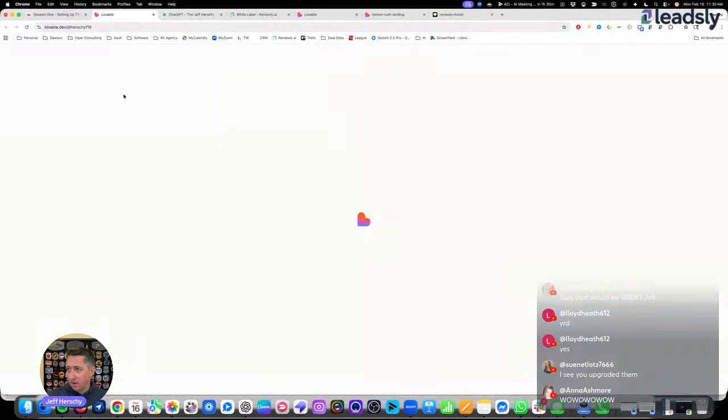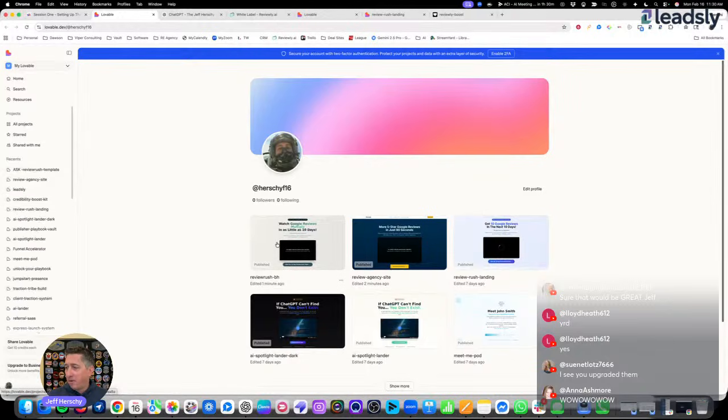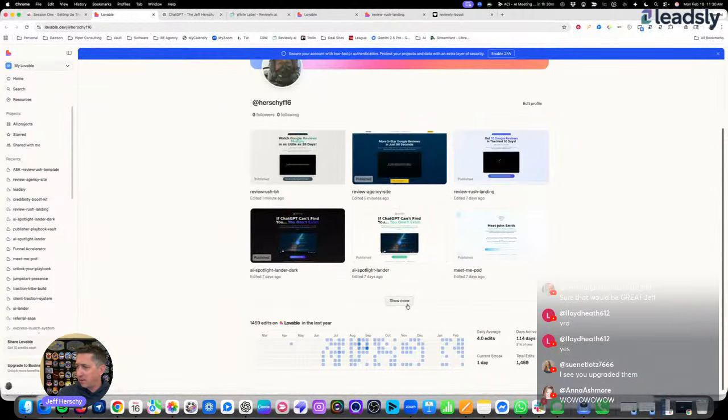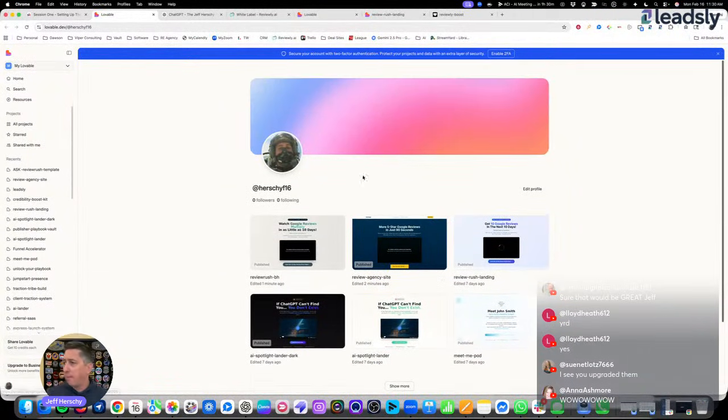This is the link down here that takes you to all my different pages, so you can see the review rush. That's what I'm offering right now. And I don't know if that's the right page. I don't know why that's on a separate thing, but we'll talk about that here in a second. And then you can see the other pages. So all you have to do is go here. Obviously, I'm logged into my account. So I think what you need to do,